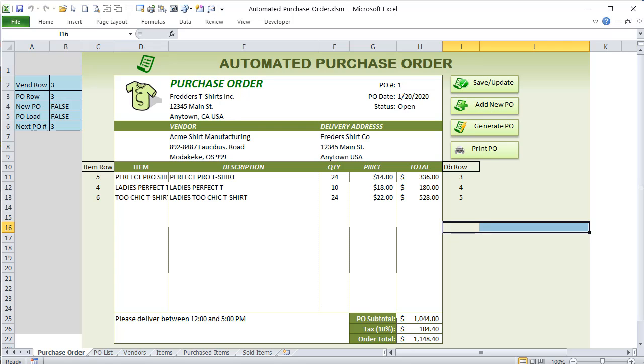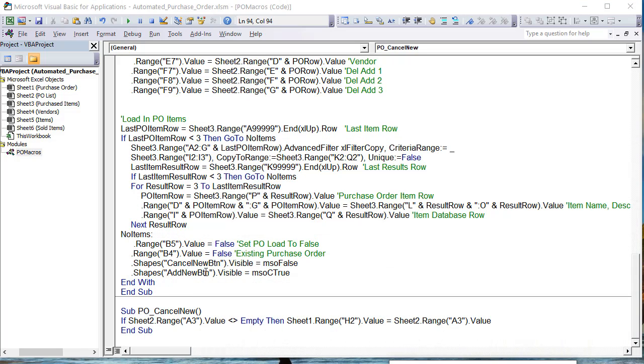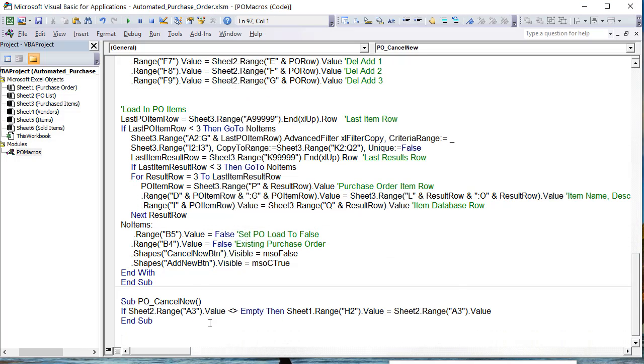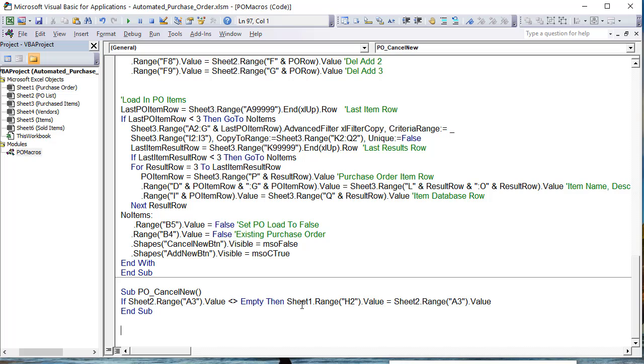Okay, one more. I want to print it. That's again just 1 line of code here. So one more macro, and then we're going to run the really cool macro that's automatically going to generate, so you got to stay for that one. Generate purchase orders automatically. Whatever items are needed, it's going to generate. PO print. Okay, so with this one, all we're going to be doing is